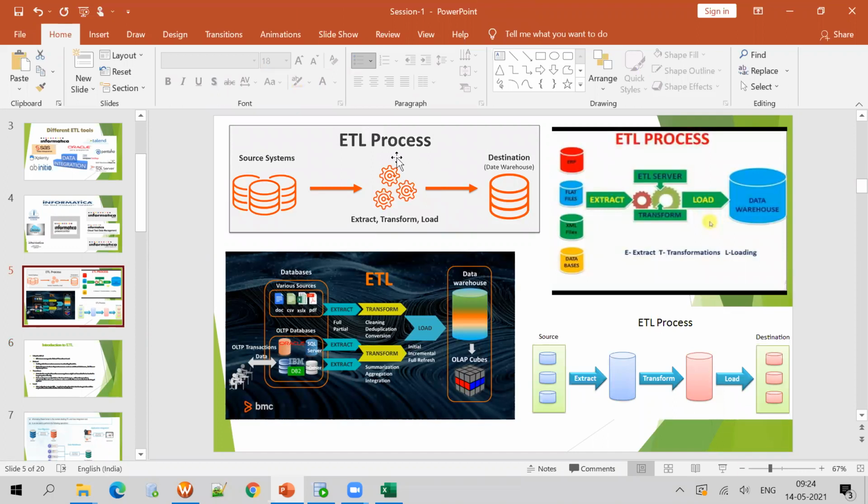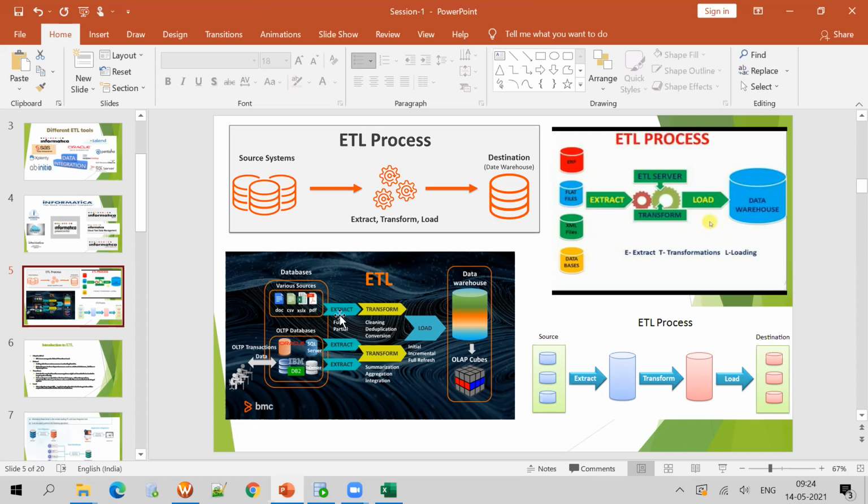We will manipulate the data, or do the calculations or whatever it is, in the transform phase, and we will load the data into the target. If you see here, the sources may be various: documents, CSV, XLS, PDF, an Oracle database, SQL Server, DB2, or any other OLTP transaction system.